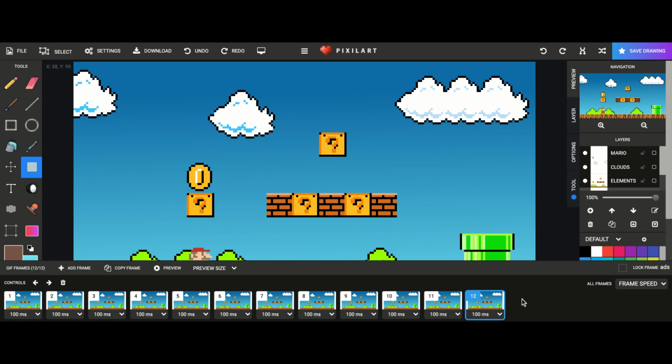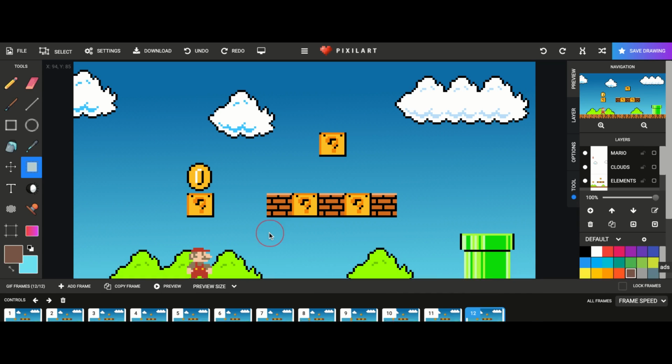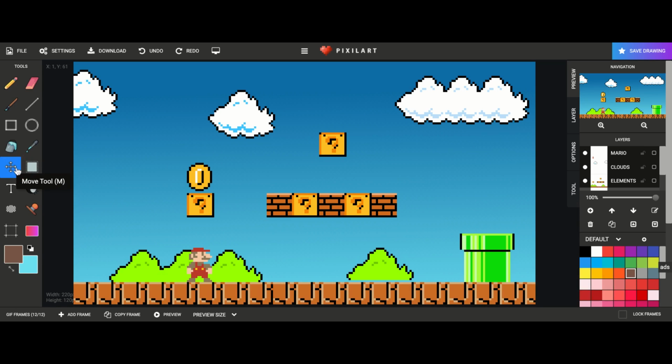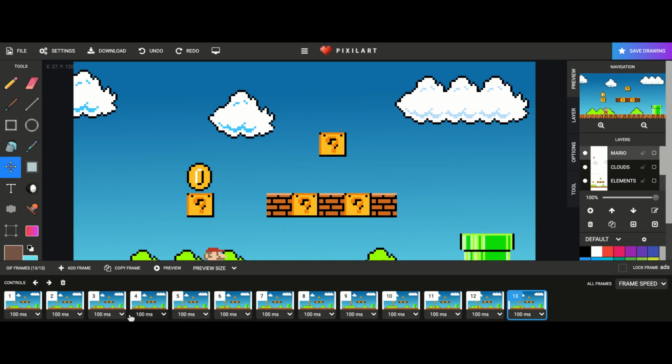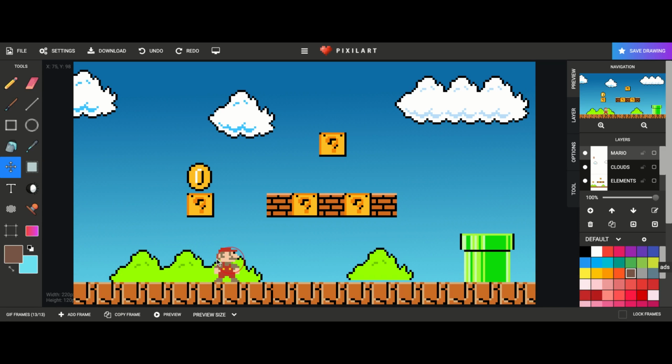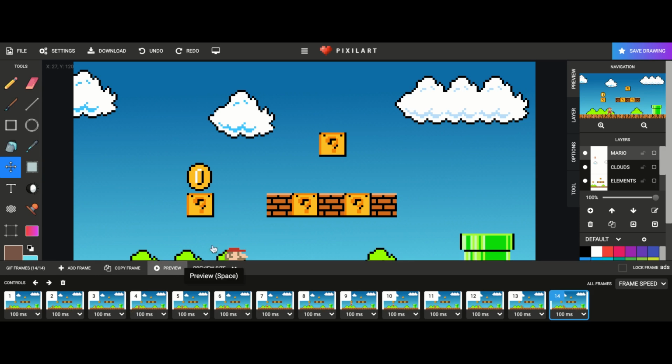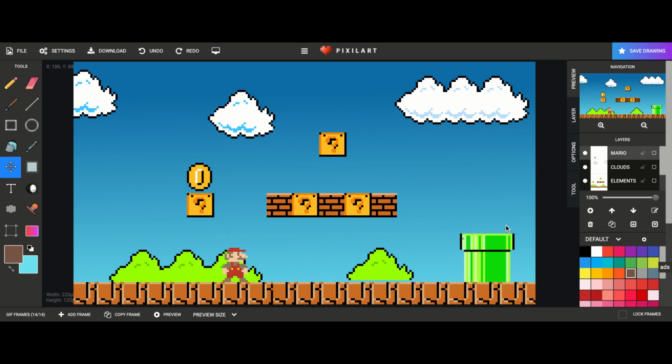okay, to kind of duplicate it. And here's where I'm going to do the changes. With my move tool, I am going to move Mario. Hold on, I am in the wrong layer. This is the Mario layer. I am going to move my Mario a little bit. I will copy my frame one more time. I will move Mario a little bit. There. I will copy it one more time, but now what I want is for him to turn